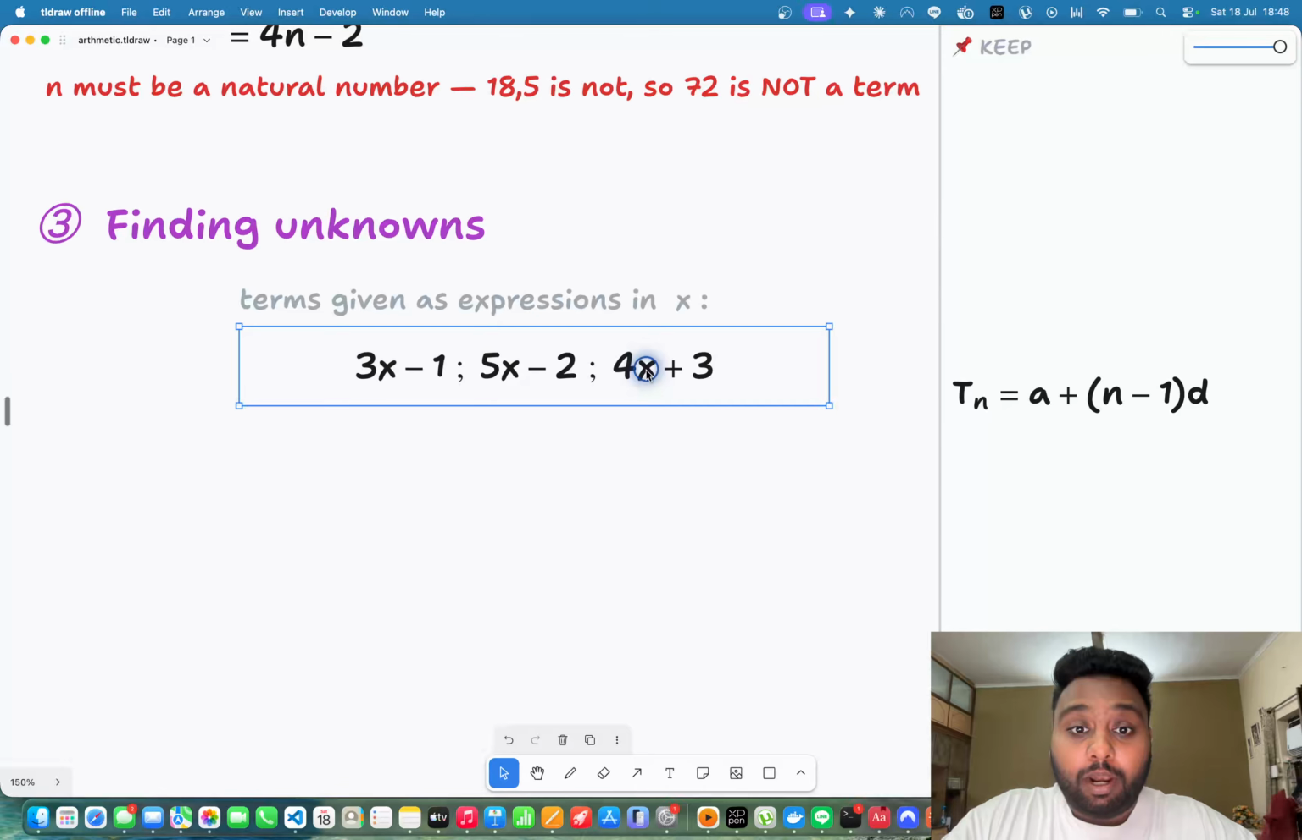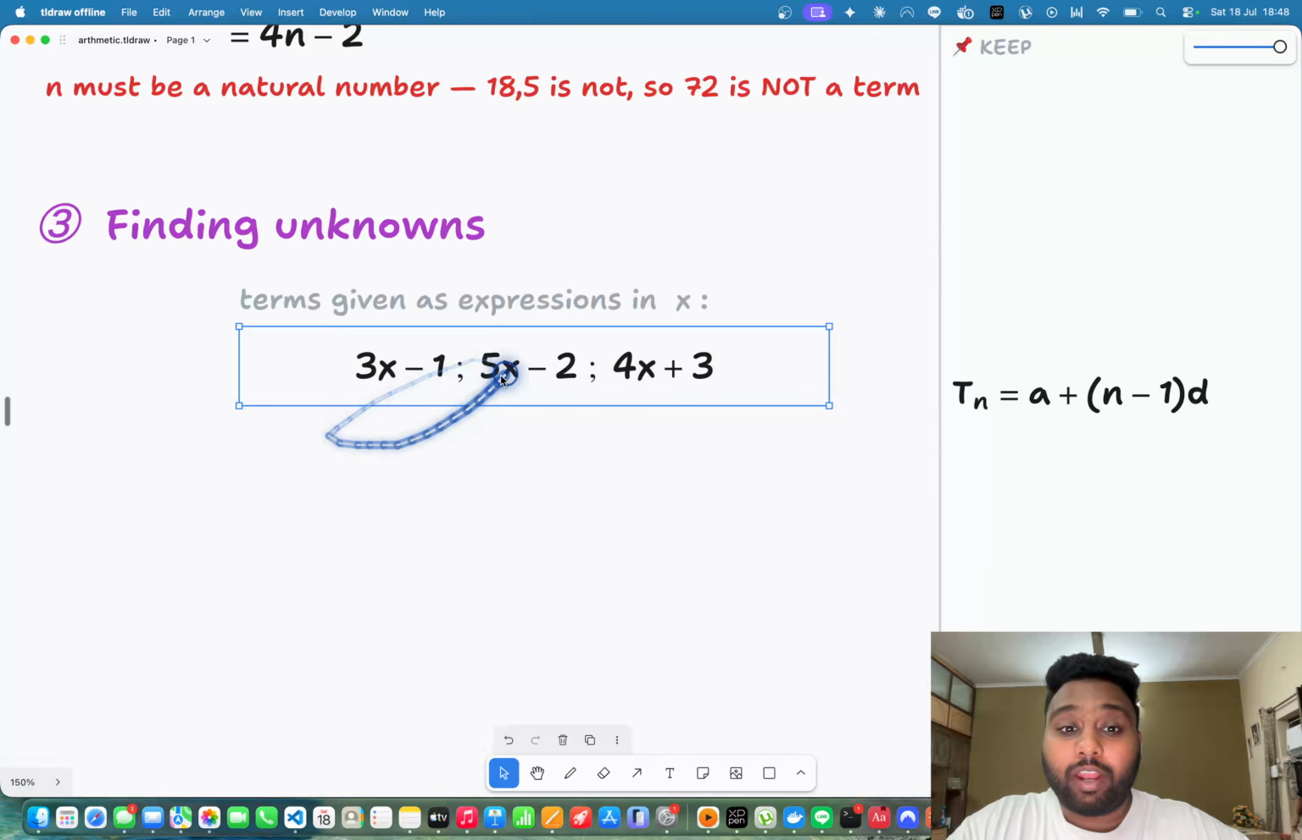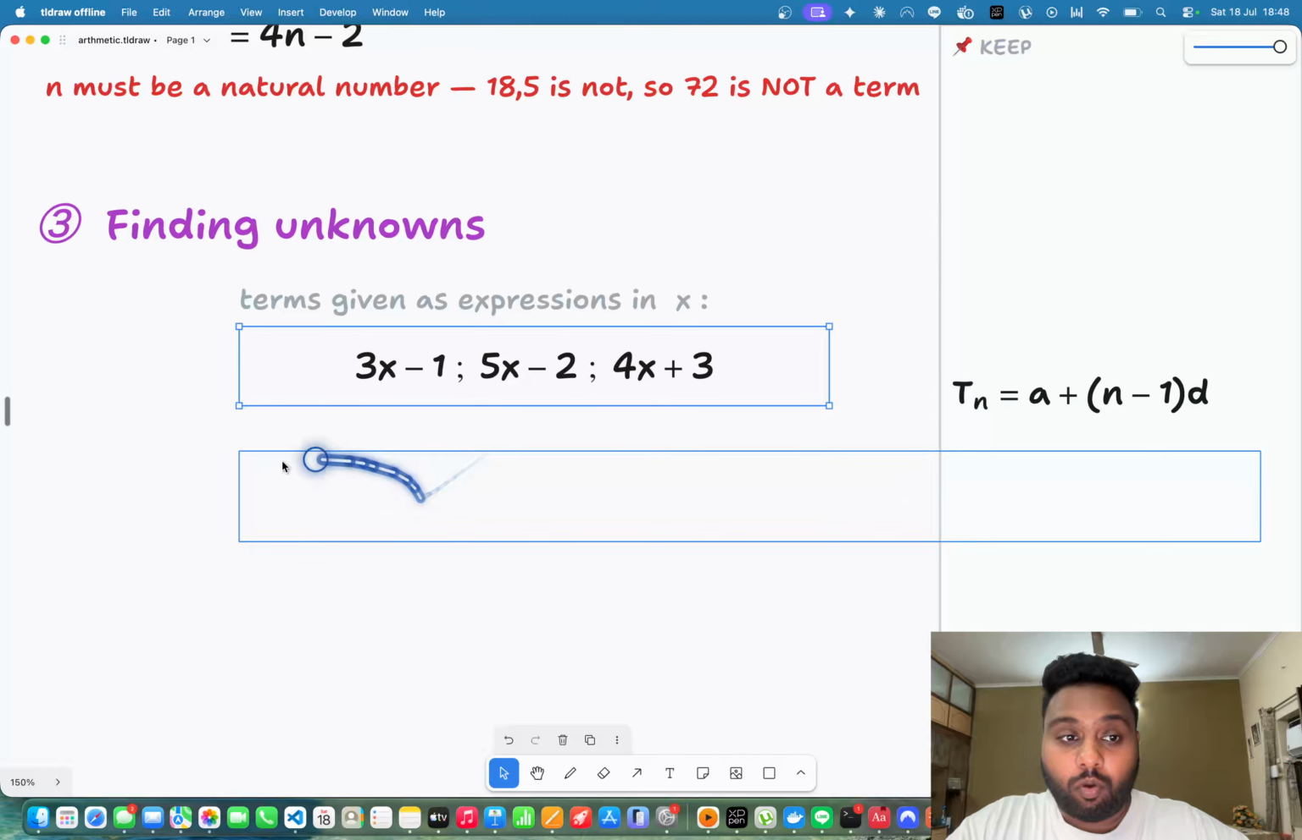for one variable, how many equations do we need to solve it? The answer is 1, right? If we have one variable, we just need one equation to solve it. How can we form an equation using these? So I know one thing